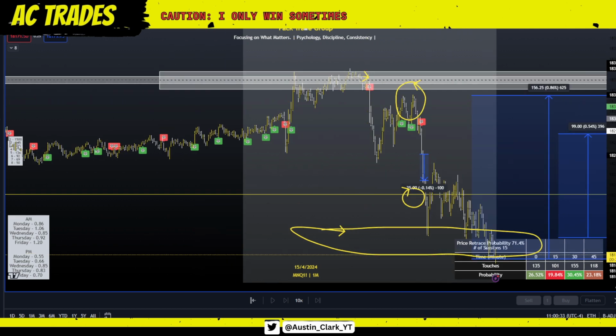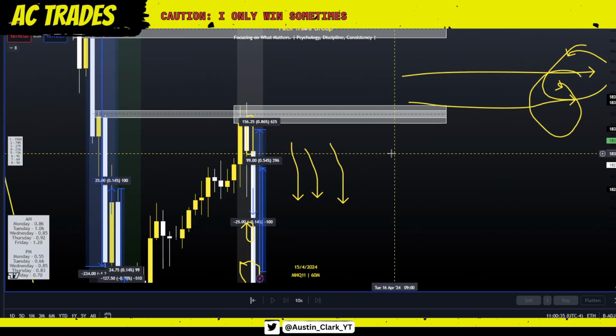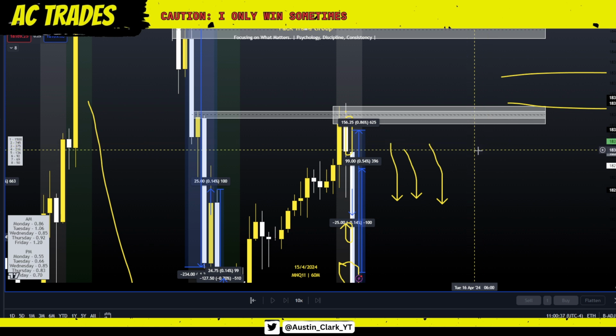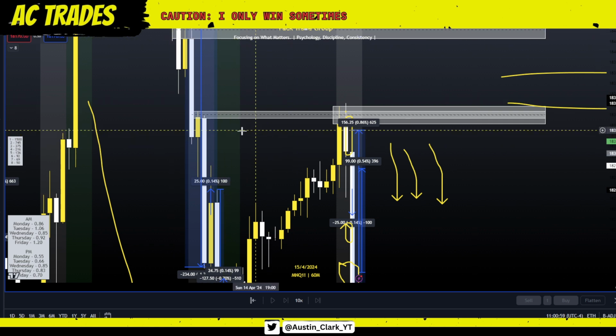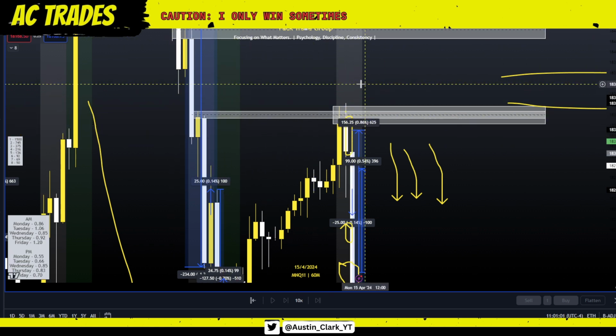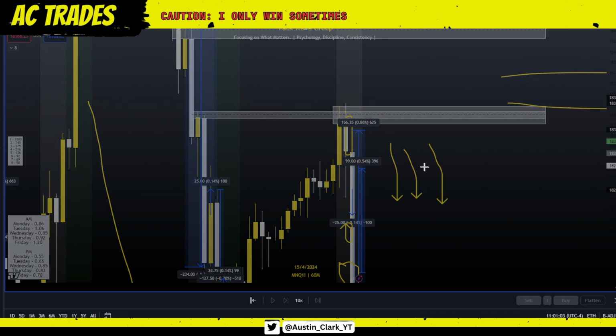And where is that? A footprint, an impulsive wick on a higher time frame. And why am I looking at the hourly time frame? Because my data tells me that I average a 48-minute hold time on all of my trades. So if I average a 48-minute hold time, I really only need to know what the hourly candlesticks are doing. I don't need to know anything else. So now I use data of my trading model to add that to the charts, and I use objective sell pressure as my catalyst to know where price is most likely going to go.